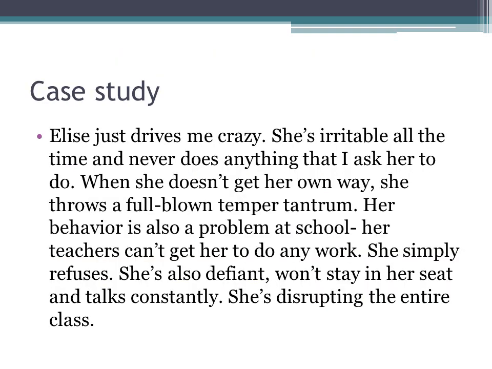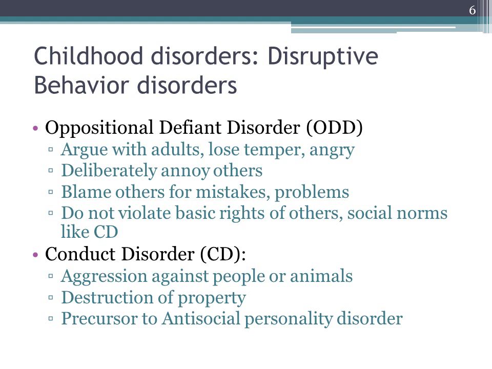Okay, so we have a case study here about Elise, who demonstrates a particular type of disruptive behavior disorder, oppositional defiant disorder. So with oppositional defiant disorder, you can kind of think of these oppositional defiant and conduct disorder as existing on a continuum of disruptive behavior disorders. So with oppositional defiant, this is the less severe. Conduct disorder is more severe. But with ODD, these kids are defiant, right? They are constantly arguing with adults. They're losing their temper. They're getting angry. They'll do things to deliberately annoy and anger other people.